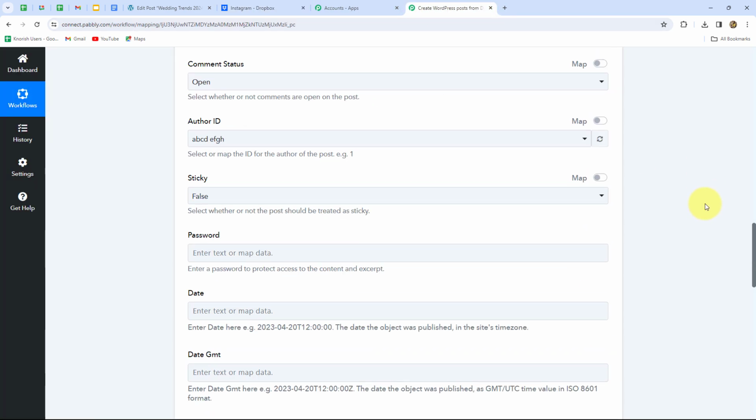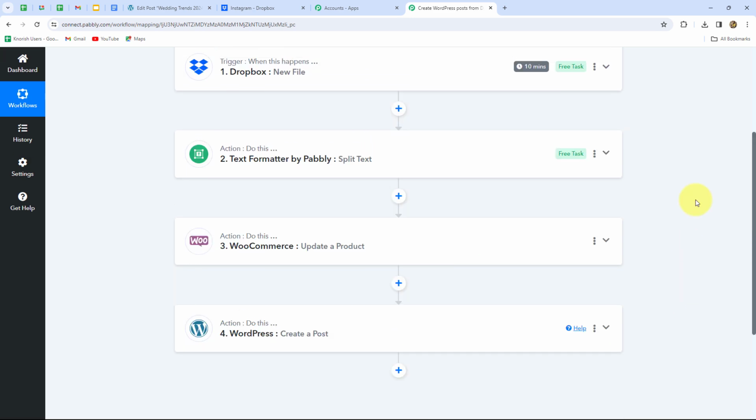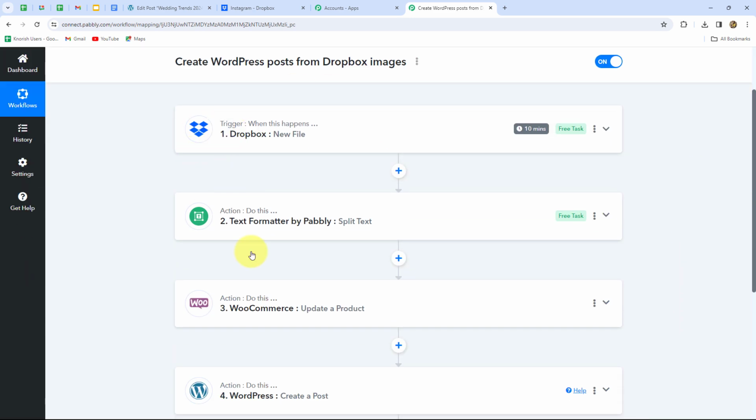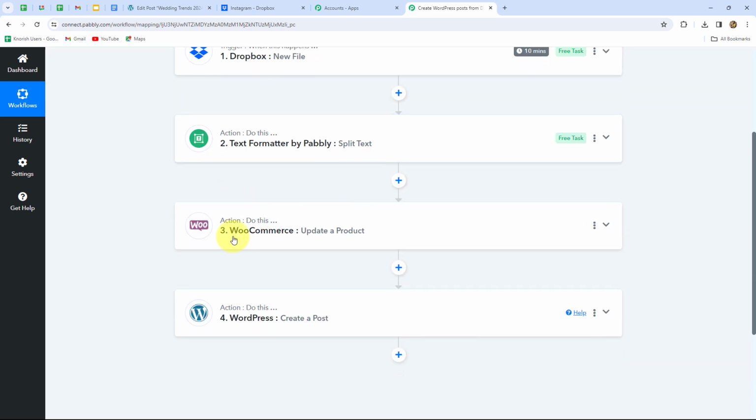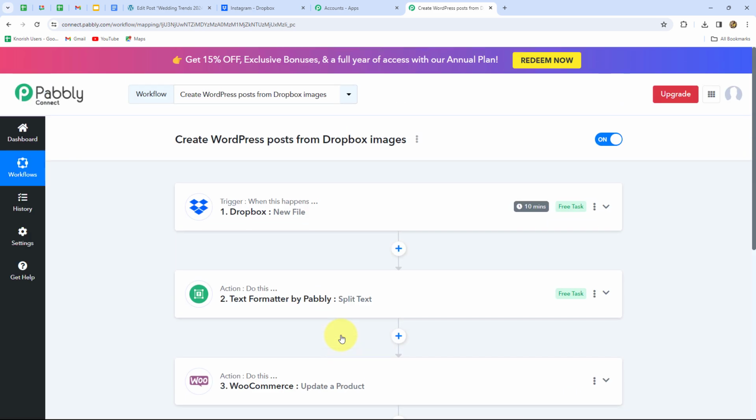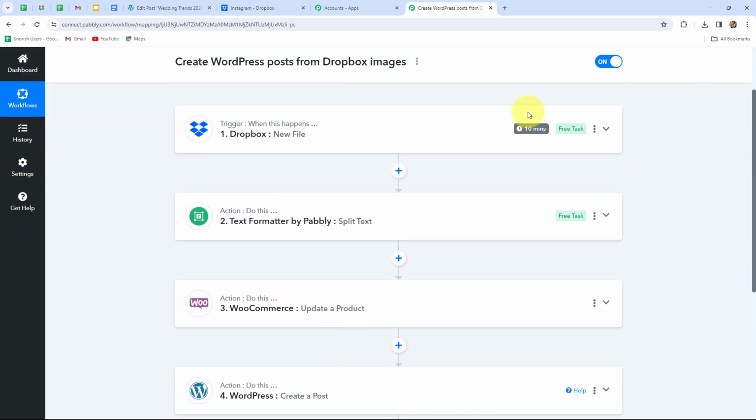So now let's summarize what we have done here in the workflow. We have taken very simple steps over here: trigger and 3 actions. In trigger we have taken Dropbox, and in action we have taken Text Formatter by Pabbly, WooCommerce and WordPress. And we have connected all of them by using Pabbly Connect in such a way that now whenever a file